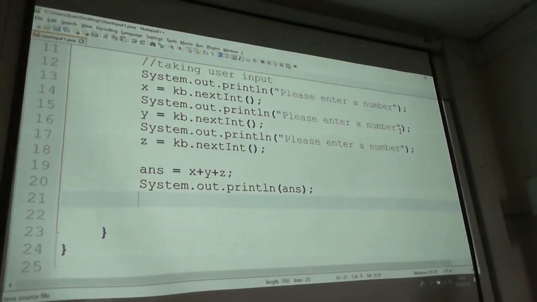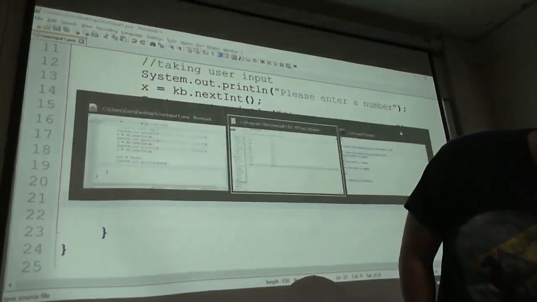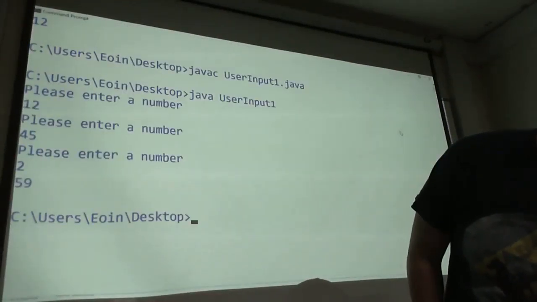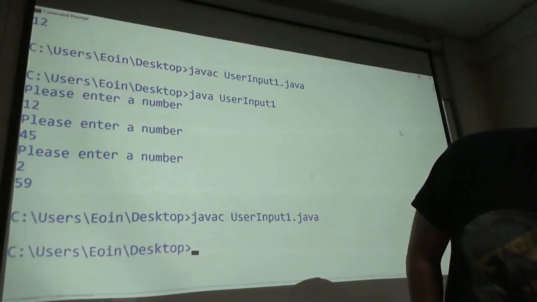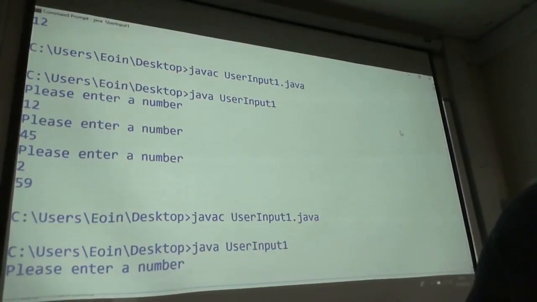Which brings me on to another topic. If I take this code here, save it, compile it, and run it. Now, in all the examples I did for you,